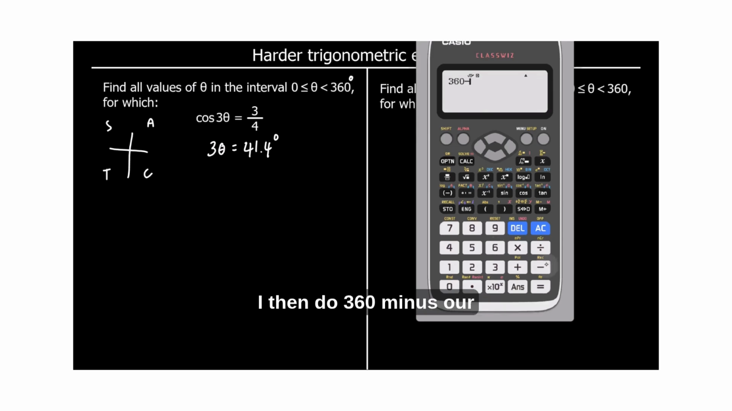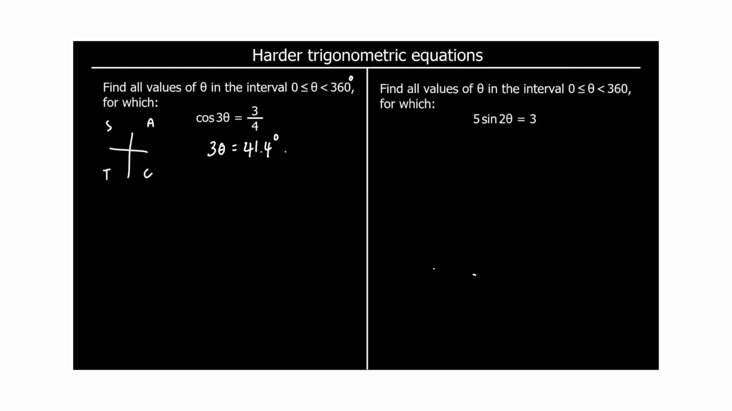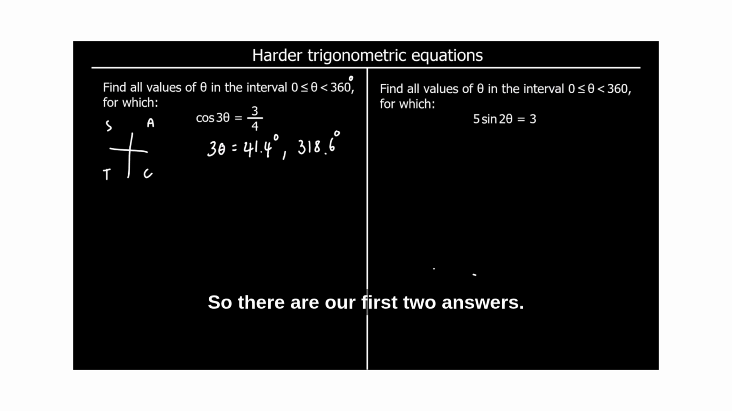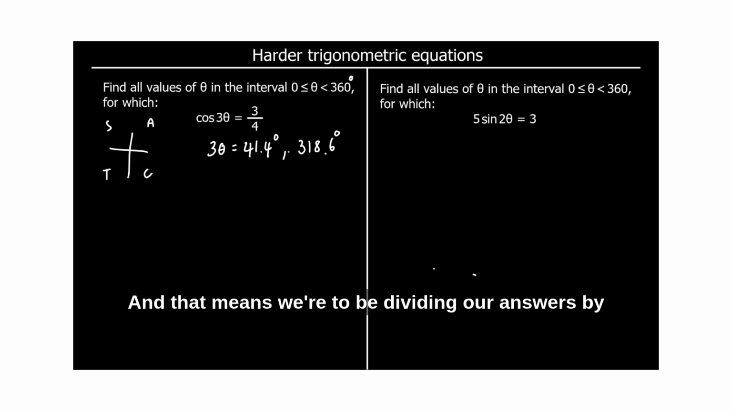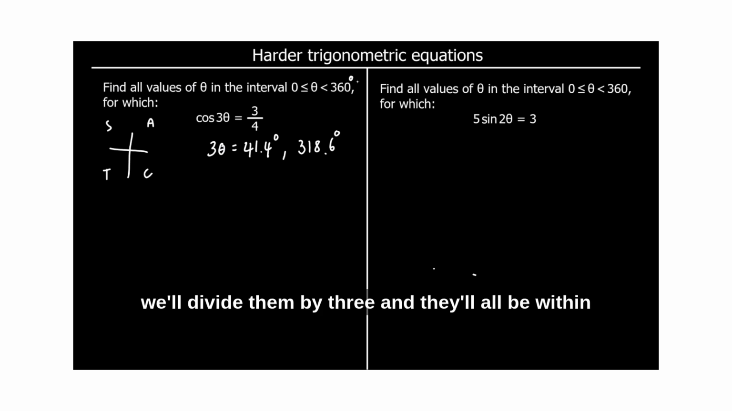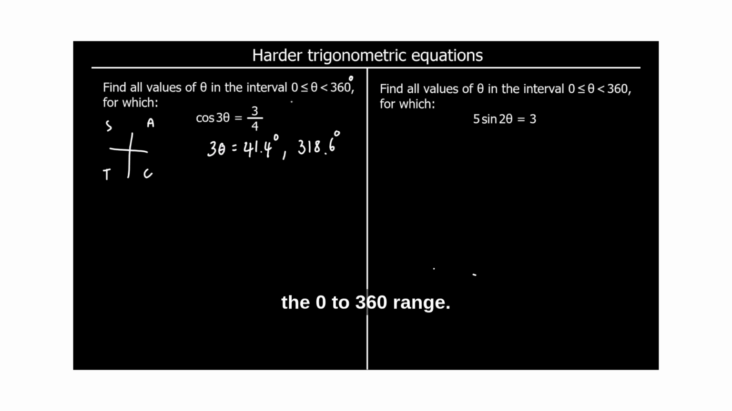I then do 360 minus our first answer, which is 318.6. And I'll save that as B. So there are our first two answers. But we've got 3 theta equals. And that means we're going to be dividing our answers by 3. And if you're dividing by 3, we're going to have to go 3 times as far. We're going to need to go to get 6 answers, and then we'll divide them by 3, and they'll all be within the 0 to 360